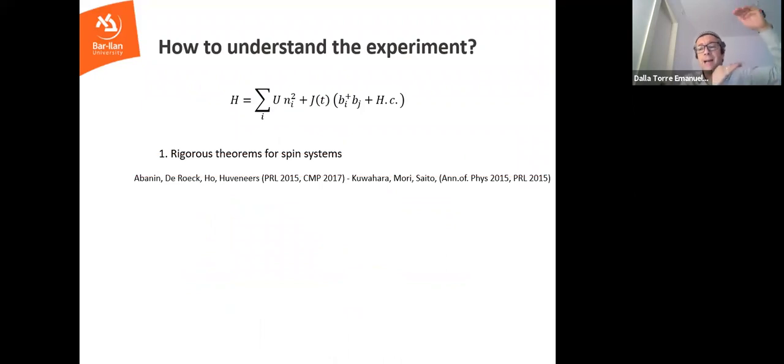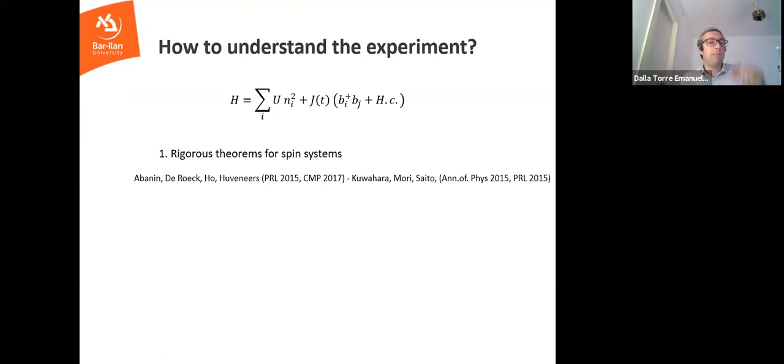Remember this big chunk and the small bites that you are trying to eat. The problem is that this is not a spin system. This is actually a particle system. So you have particles, and each particle can absorb any amount of energy. You see that the energy per particle is not bounded. You can put as many particles as you wish on a single site, and then the energy per particle is unbounded. This term resembles the kinetic energy, and the kinetic energy can grow indefinitely.